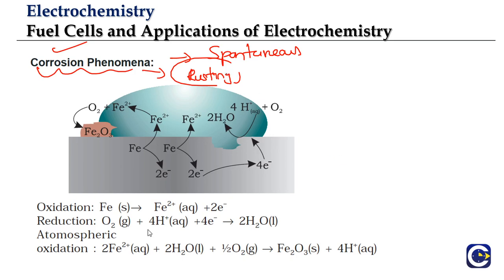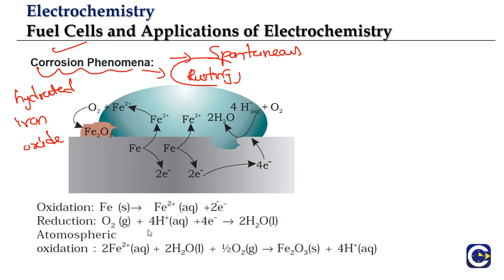So what we are trying to see is how we can visualize this, because this is a spontaneous process. Rusting is a spontaneous process. We just throw some iron object outside, come back and check even after like 2-3 days, right? We will see that it will be rusted. And what is that rusted iron? It is nothing but hydrated iron oxide. So when we say it is rusted, it means it is basically forming hydrated iron oxide. How is it able to form hydrated iron oxide? It is reacting with the atmospheric oxygen and moisture.